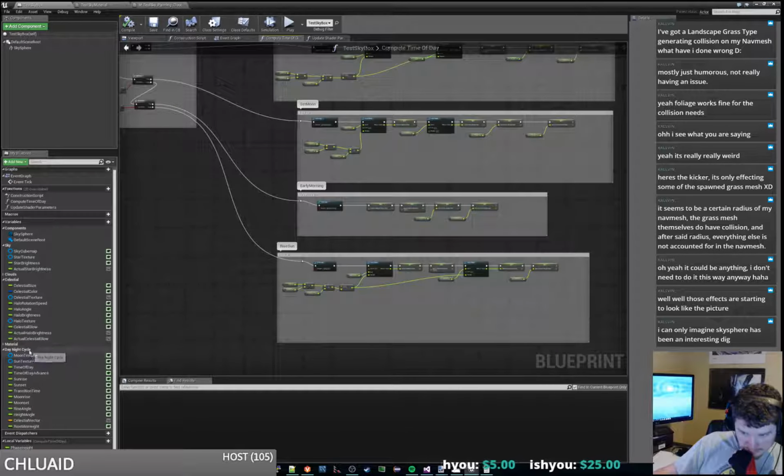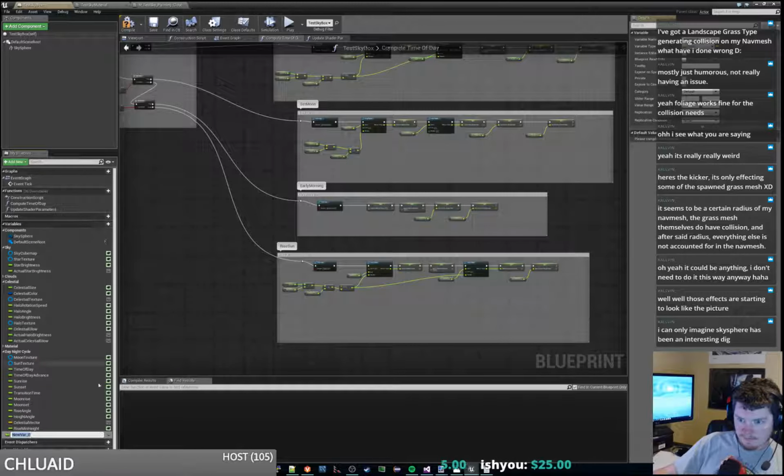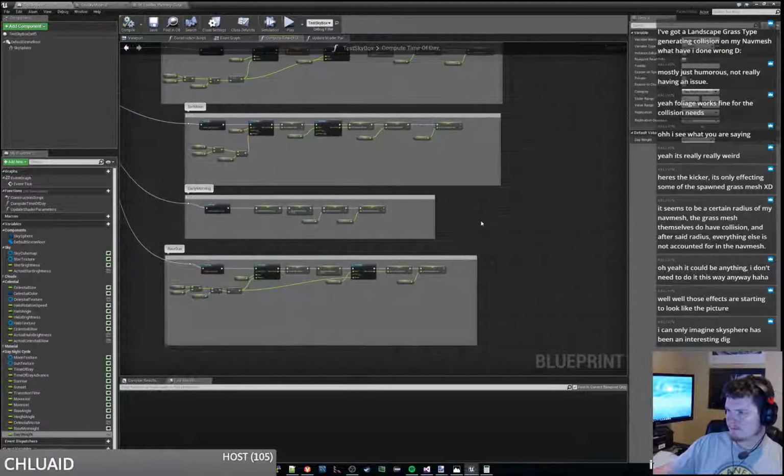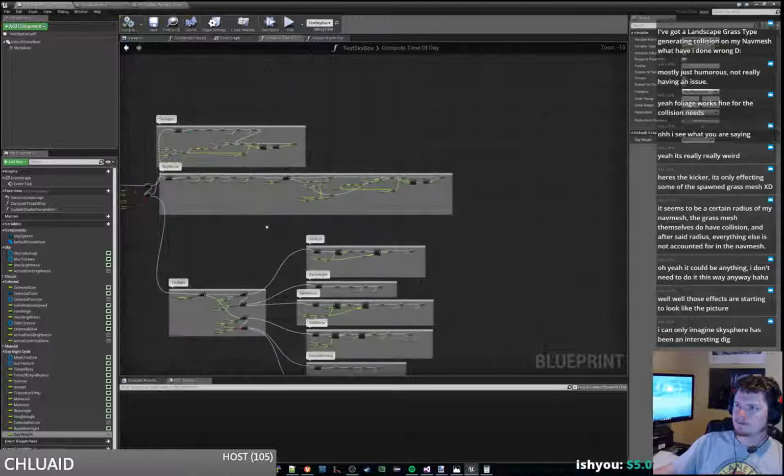Alright, so we're going to want our day-night cycle needs another float, which we'll call day weight. And this is going to default to 0. Alright, so let's do